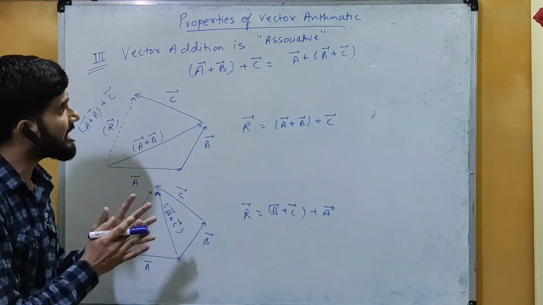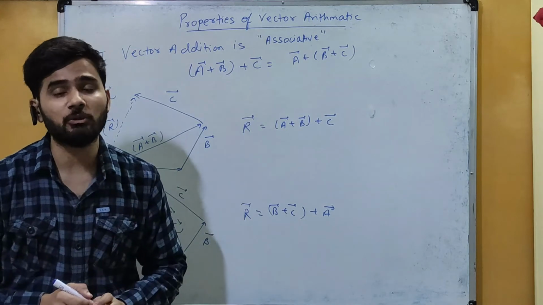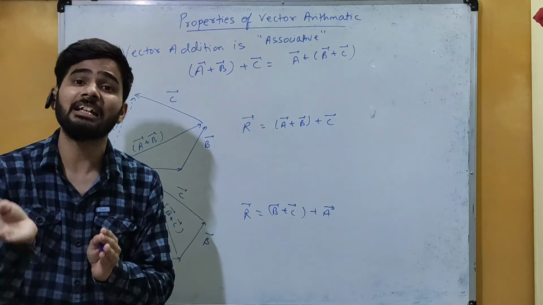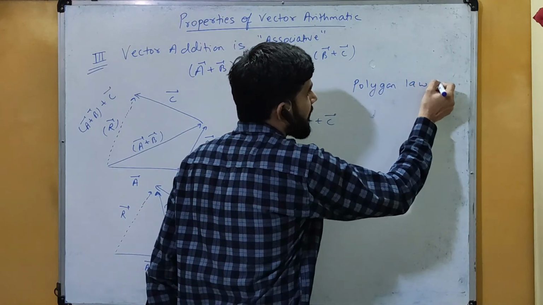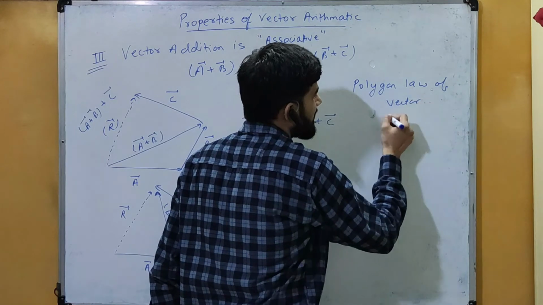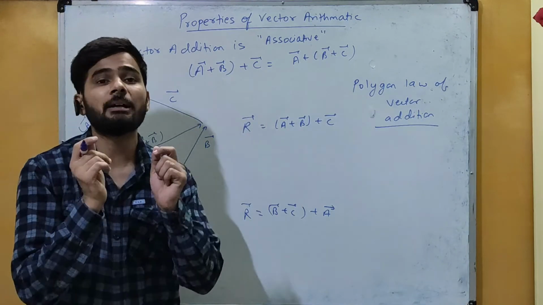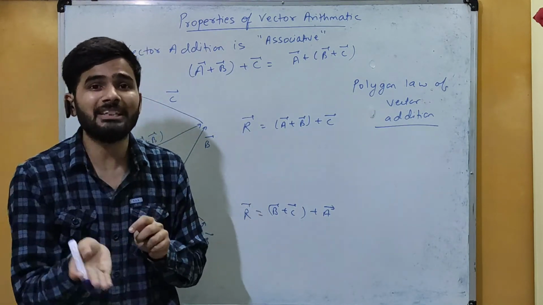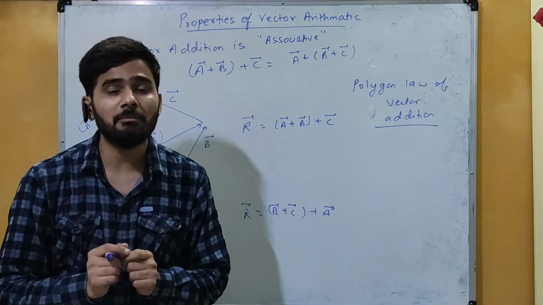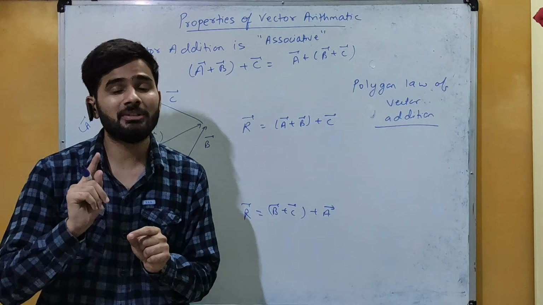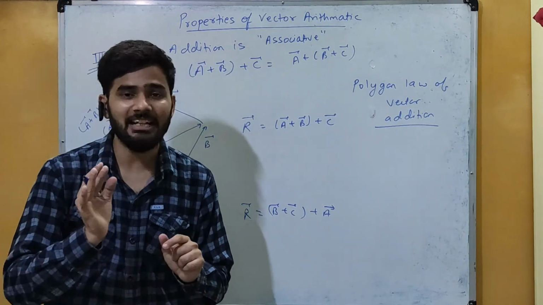Okay, now from this associative law we can draw a very important conclusion, और वो जो conclusion निकल के आता है that is in the form of another law that is called the Polygon law of vector addition. Okay, now what is this polygon law of vector addition, जैसे हमारे पास triangle law of vector addition होता है, उसी का extended version हम यहाँ पर polygon law of vector addition को बोल सकते हैं। ट्राइंगल लॉ के अंदर हमने क्या देखा था कि हमारे पास अगर दो वेक्टर्स हैं which are in the same order, then the resultant one will be the third side of the triangle taken in the opposite order.